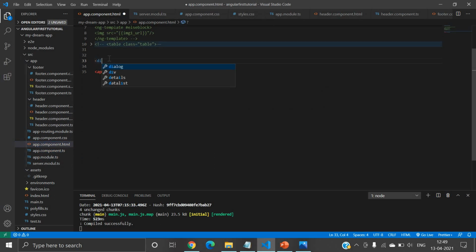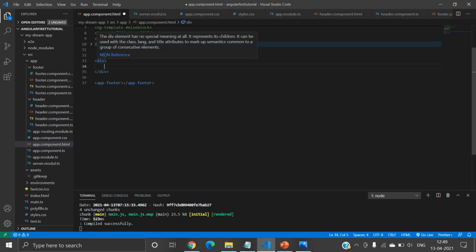First of all, I will use a div tag. Inside the div tag I will use property binding, ng switch. We have already discussed property binding. It is a kind of data binding, meaning binding data from one component to another component, right?